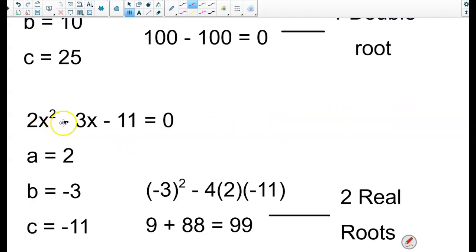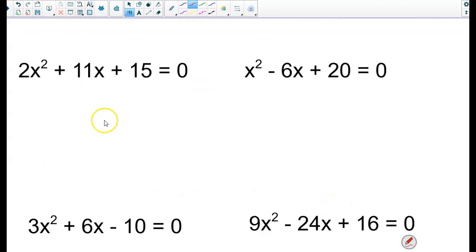And finally, 2x squared minus 3x minus 11. A is 2, B is negative 3, C is negative 11. When I plug in, I get 99. Even if I could simplify that radical, which I can, if the number is greater than 0 but not a perfect square, we have two real roots. So our examples of these